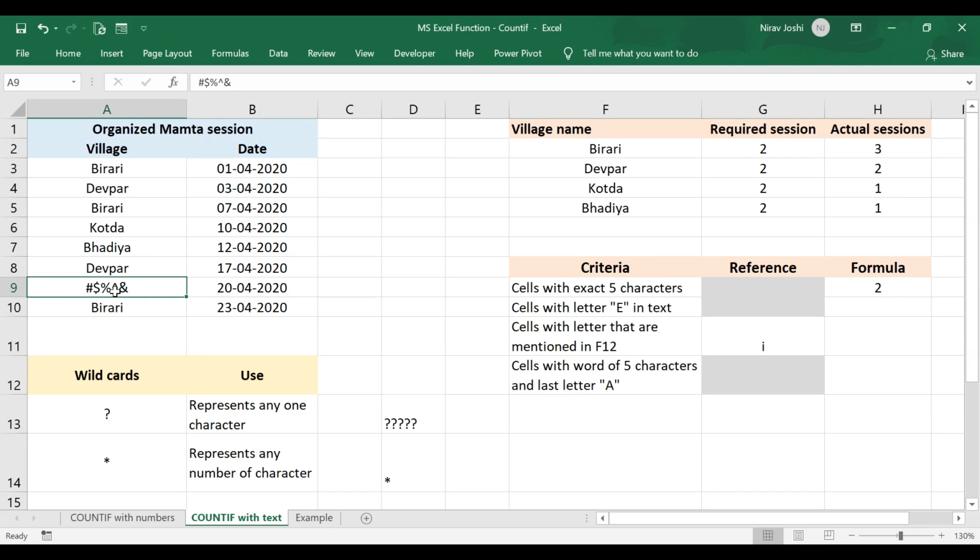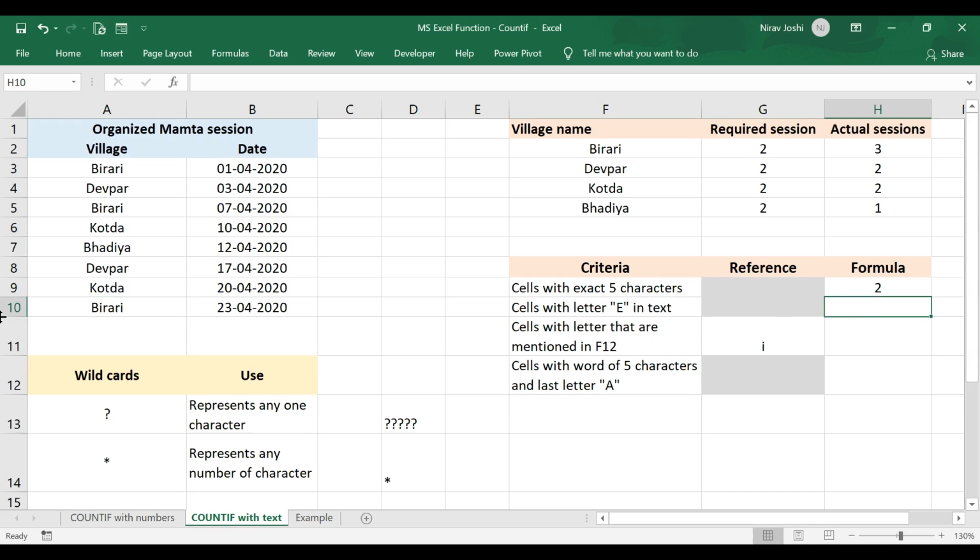But if we replace this with a 5-digit number, then this formula will exclude that specific cell. So a number cannot be represented by the question mark wildcard, as anything can be represented including letters or symbols. So it will be counted whenever we use those things.